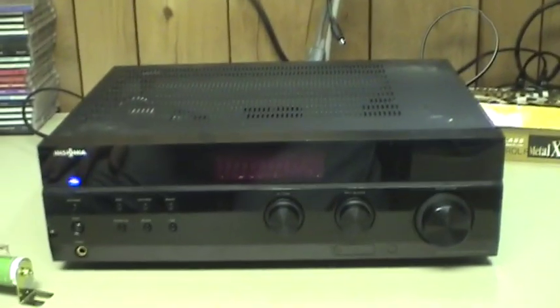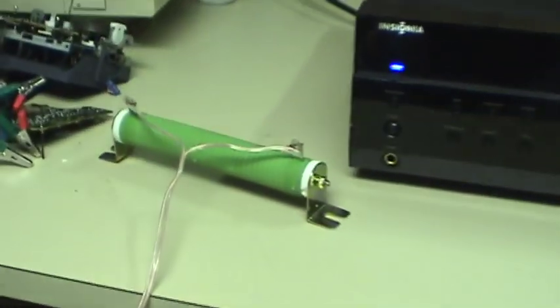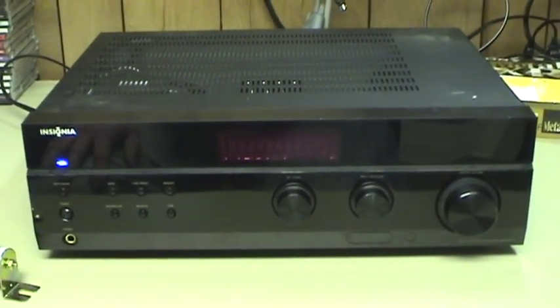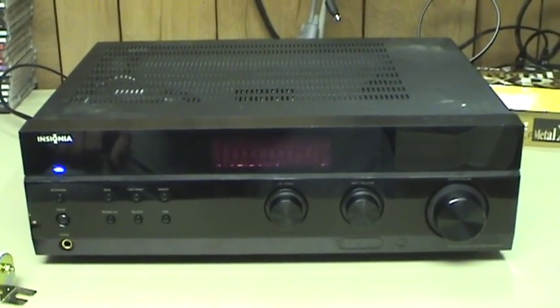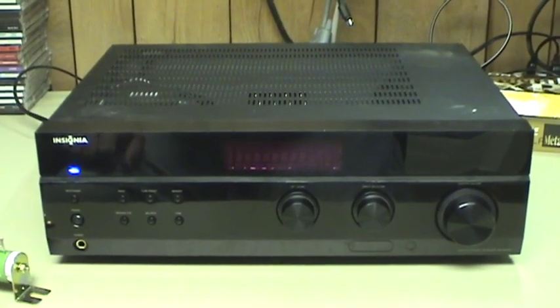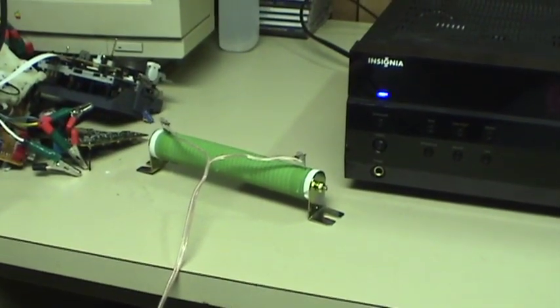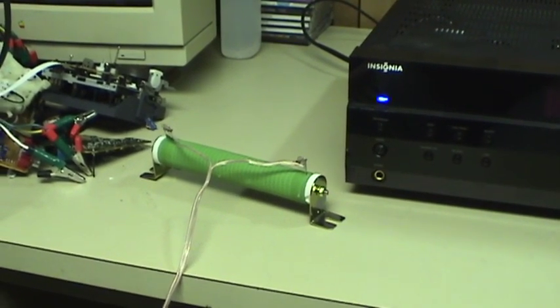I hooked it up to the computer up here, fed a 1 kilohertz test tone into it, and hooked up these dummy loads over here. Now, while the internals of this thing seem to have been lightened up considerably from the NS-R2000 and the RX-4109, Best Buy still rates this thing at around 105 watts per channel. My dummy loads, assuming that they're honestly specified, are supposed to be able to withstand 120 watts of power,